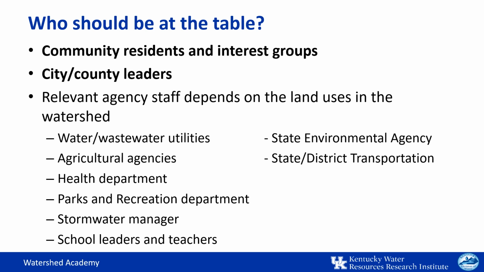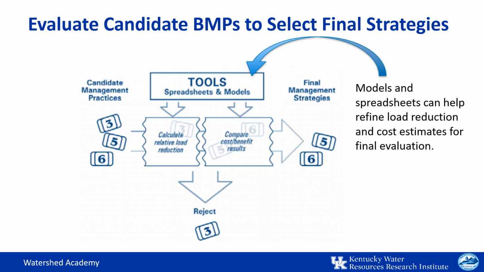For example, if someone in the farming community is not familiar with a proposed practice, it would be helpful to have a soil conservation district representative or an NRCS agent present to explain how it works and help increase familiarity and confidence with using it. The better that you ensure initial questions and concerns are adequately addressed, the more likely the practice is to be implemented. In the final selection process, you will evaluate the candidate practices using either a spreadsheet or modeling tools to evaluate the relative load reductions, cost and benefits, social acceptance, and other criteria